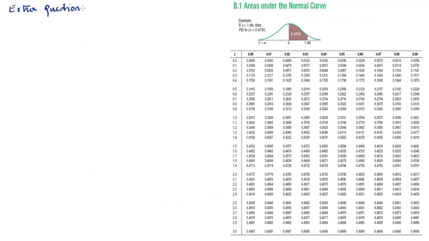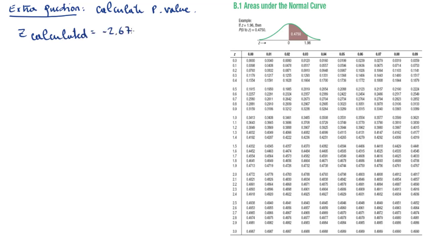Although not asked in this question, we will calculate the p-value and prove our answer. P-value is equal to 2 times 0.5 minus the probability of Z calculated. In our case, Z calculated is equal to minus 2.67. That would lead to a probability of 0.4962. Substituting that in the formula will lead to a p-value of